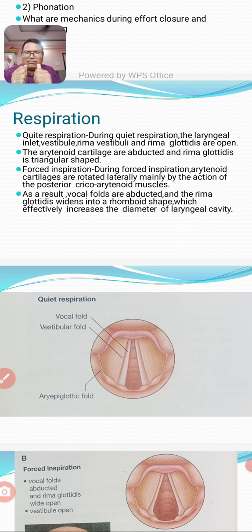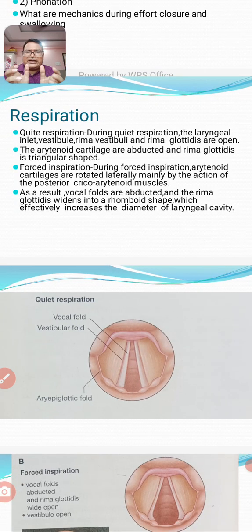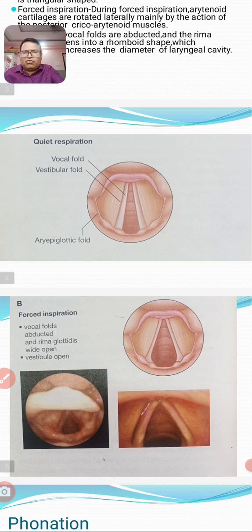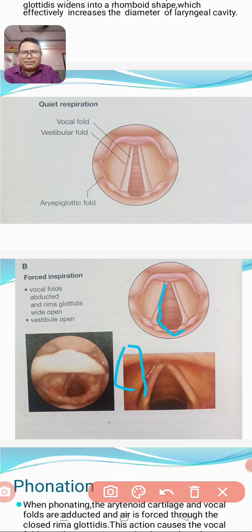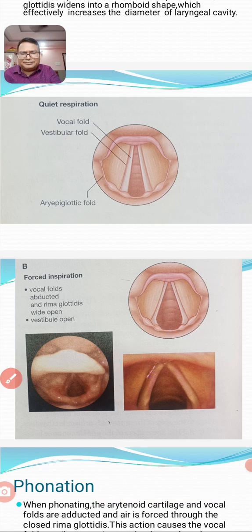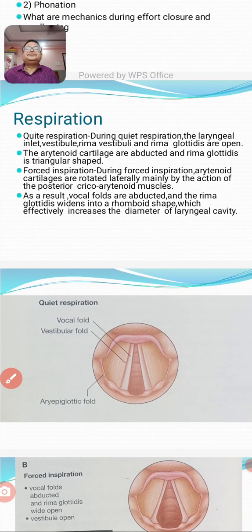The vocal folds are abducted and the rima glottis widens into a rhomboid shape. First, in quiet respiration, the shape is triangular, but in forced inspiration, the vocal folds are abducted, the rima glottis opens widely, and the shape changes to rhomboid, which effectively increases